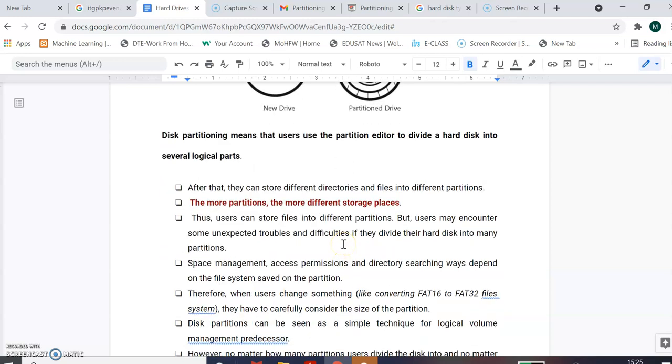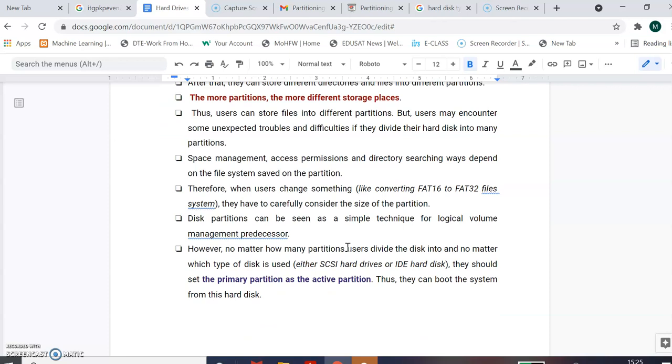And after that we have to do the logical partitions to store our data. Now you can do the logical partitions, and for that you can do the formatting with the different file systems. Now which are the different file systems? FAT. In FAT, according to the bit size, there are two types, FAT16 and FAT32, and then NTFS, which is a new technology file system. As per that you can format that particular partition.